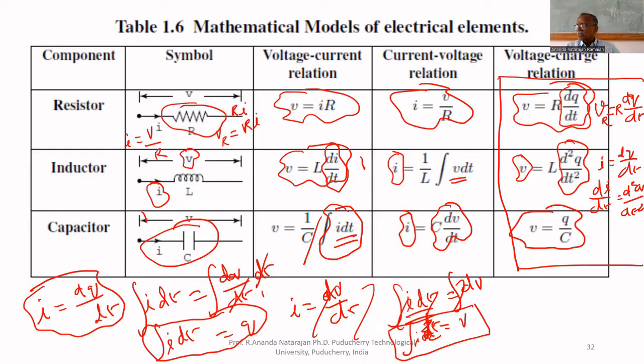Most of the times you use this: 1 by C integral of I dt equal to VC, the voltage across the capacitor. So if you remember this only, all the remaining ones you can easily remember. So what is VC equal to 1 by C integral of I dt means? These two are